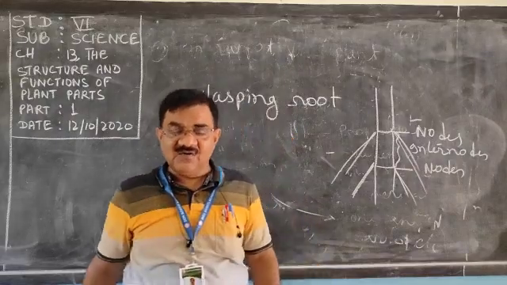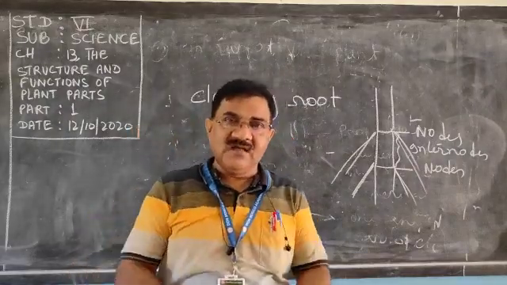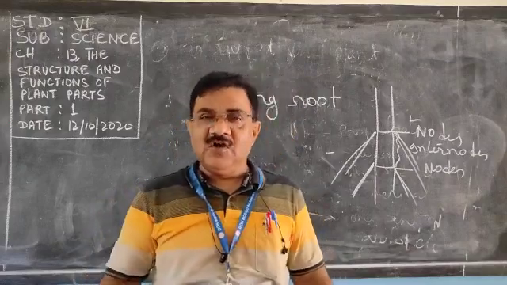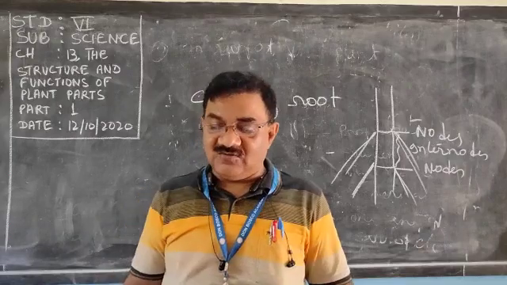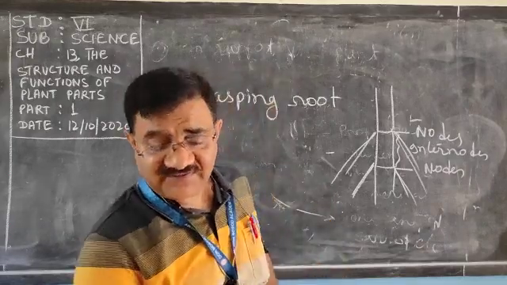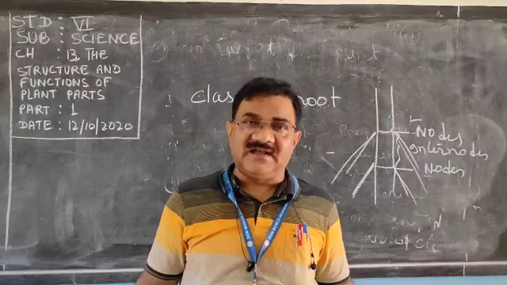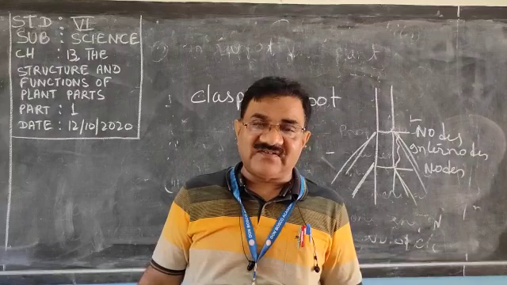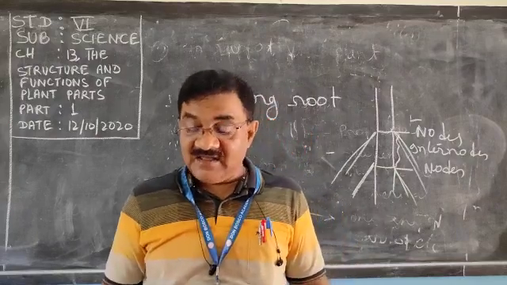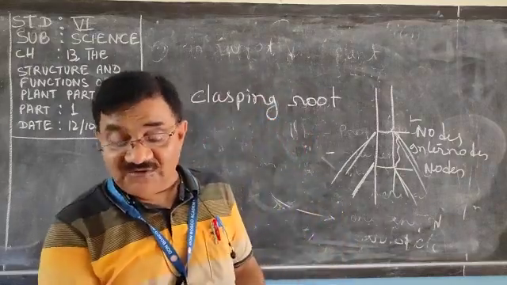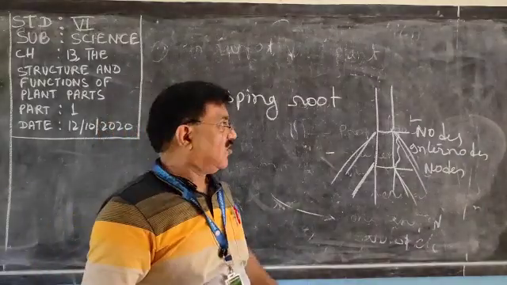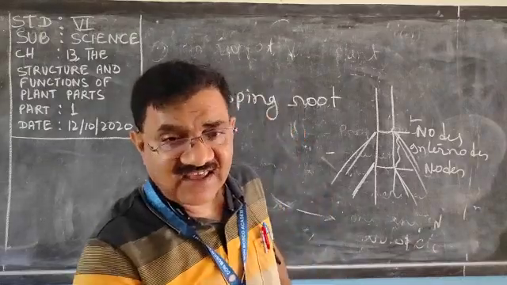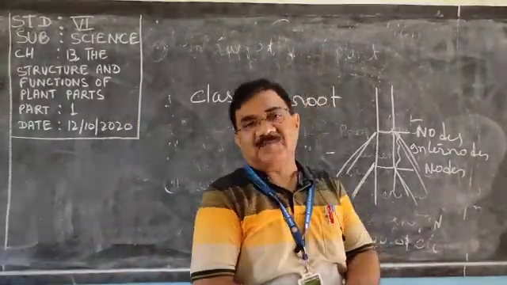So dear children, what we have discussed today is that a plant contains two systems, the root system and the shoot system. The root system is present under the ground. We have discussed that there are two types of roots, tap root and fibrous root, and we have discussed the function of root and the modification of root. Root modifies either to store food or to support the plant. So today up to this much. In the next video we will discuss the next part. Thank you very much.